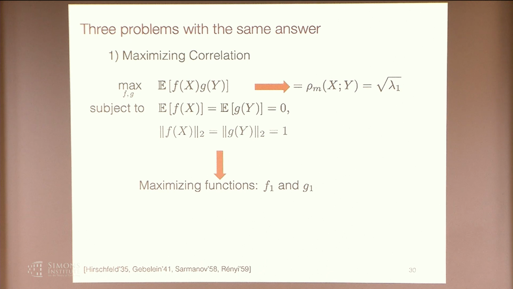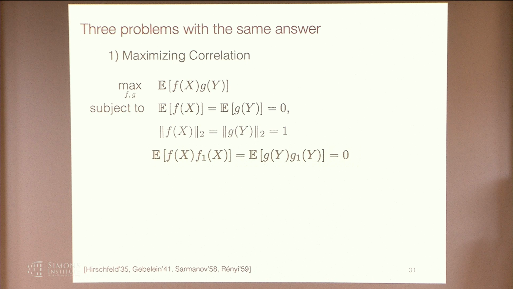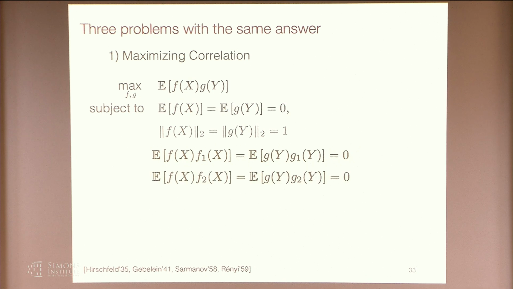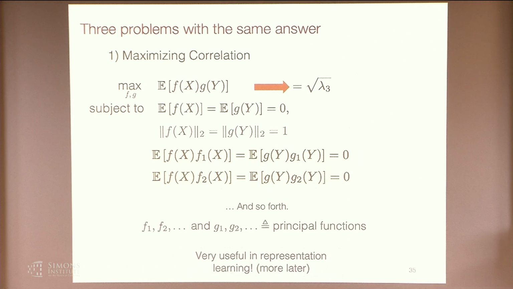So let's assume we find this solution. We call these maximizing functions f1 and g1, and we repeat the same problem. Now we're finding a new function f that's zero mean, unit variance, and uncorrelated to the previous one. Same thing for g. Solve that problem again. We get the square root of lambda 2, which we call the second principal inertia component. And we can put that as a constraint again, get the third singular value, the third principal inertia component, and so forth. So these functions that I get as I proceed variationally in this way are something that I'm going to call the principal functions